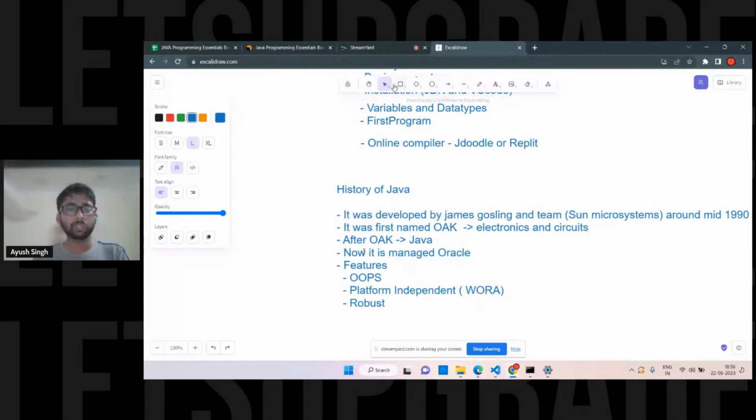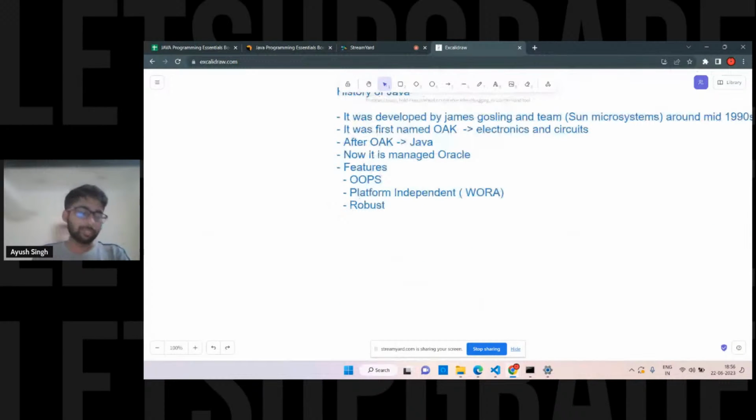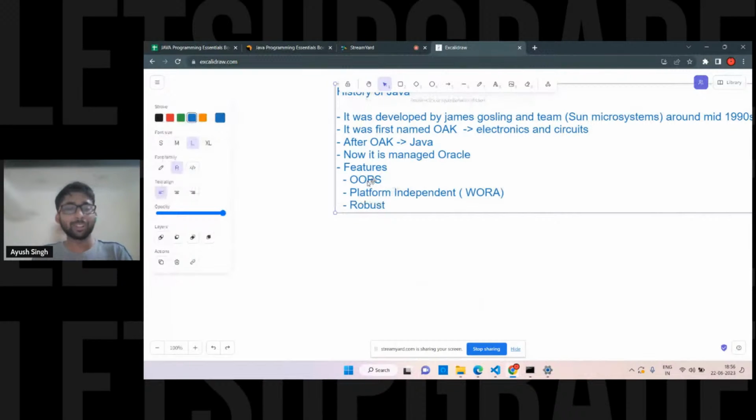It converts the program into bytecode, then it converts into normal machine level language, obviously with the help of the JVM. So this much for the features. We have a lot of features, but right now we have to stick with the basics, because OOPs will cover all the points. Platform independent, robust, OOPs will cover all of those things.